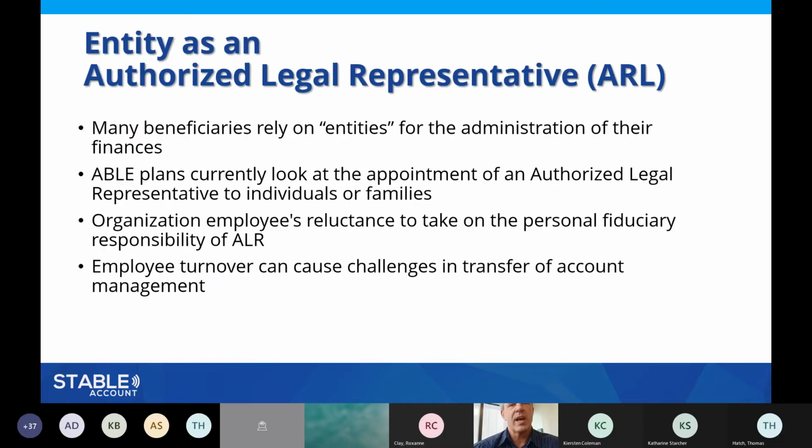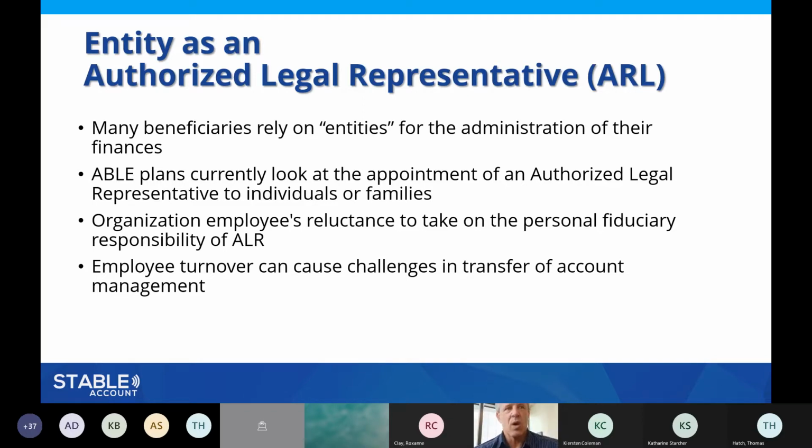As we consider that, again, with our focus today going to be more on the entity aspect, we'll put aside the individual. What are some reasons why an entity may want to use the process that we've outlined to establish the account? Part of that is outlined here.